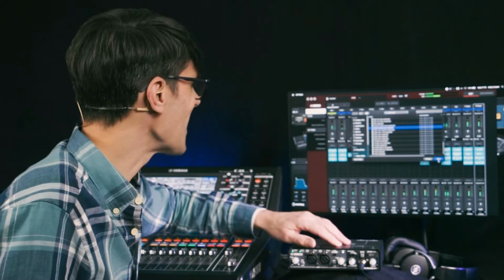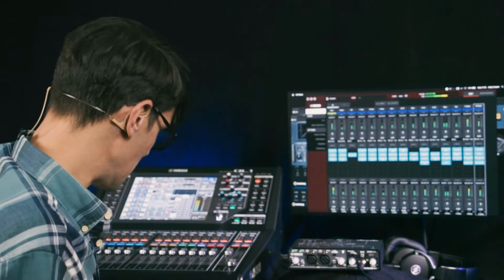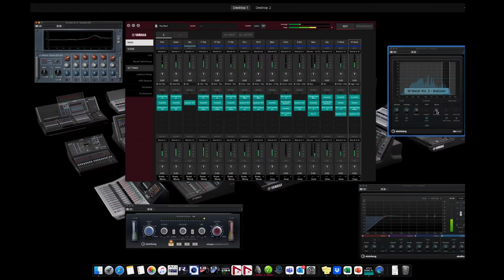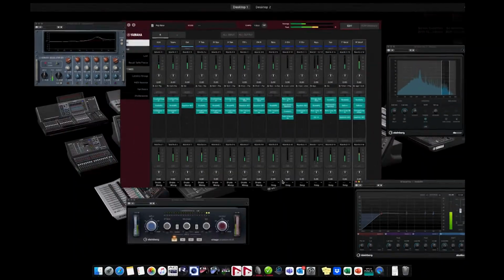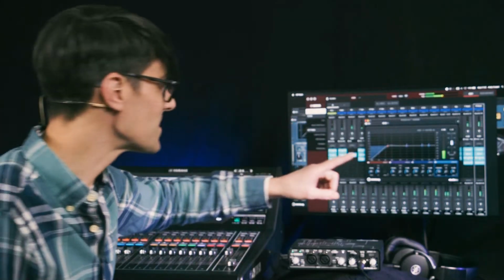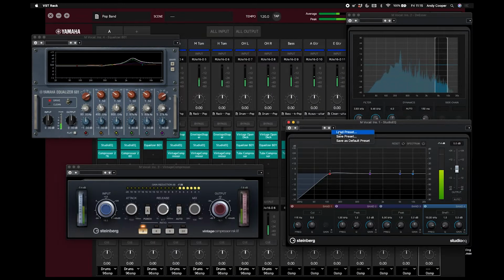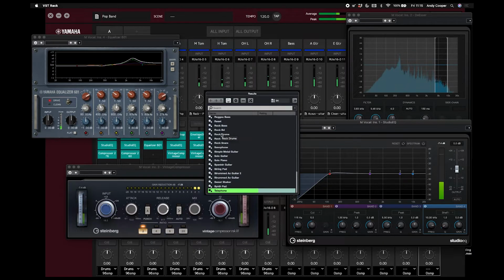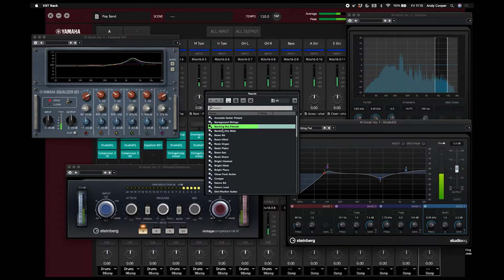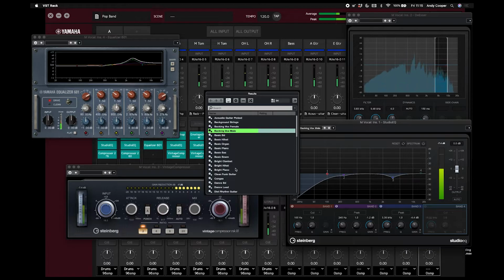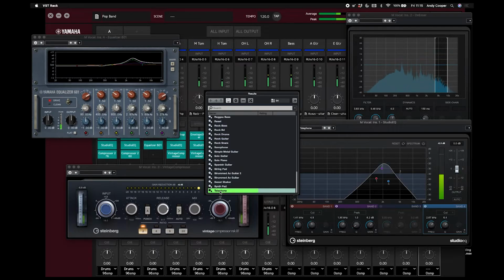And of course, you can save your own rack presets too with your favorite plugin assignments and settings. Notice, once a preset is loaded, all its plugin windows open automatically so you can get editing right away. And notice, each plugin has its own preset library too. So there are presets for individual plugins, whole racks, and complete projects. Scroll through the preset list to find one you like, tweak your own settings, and save them for the future.